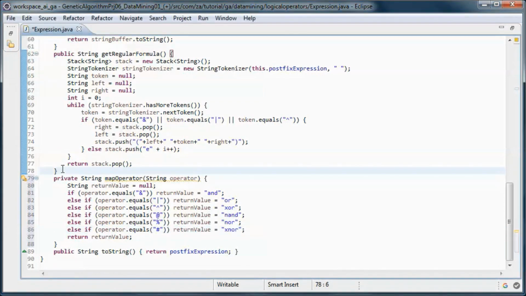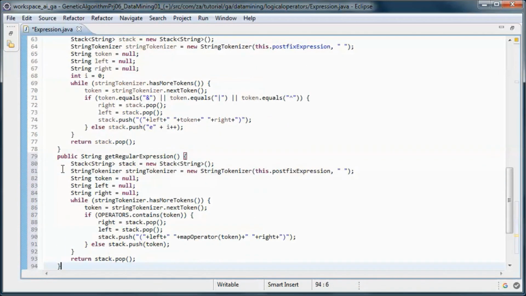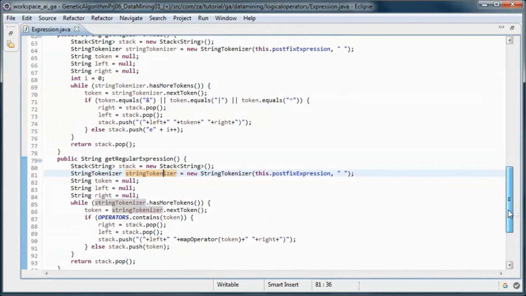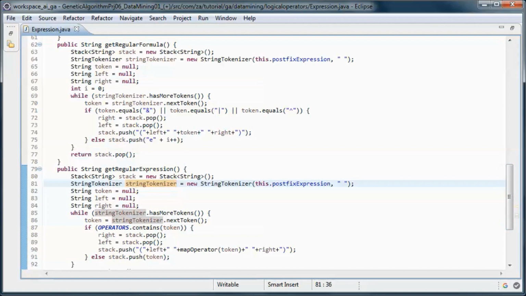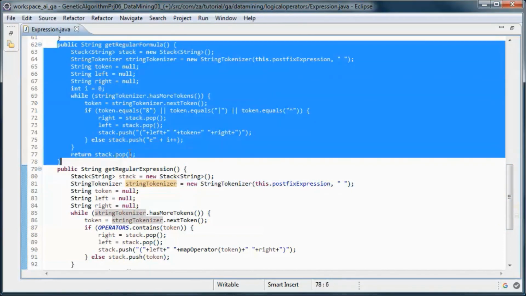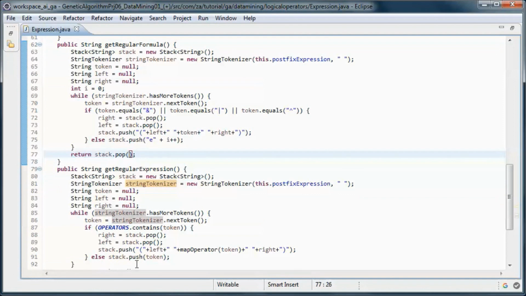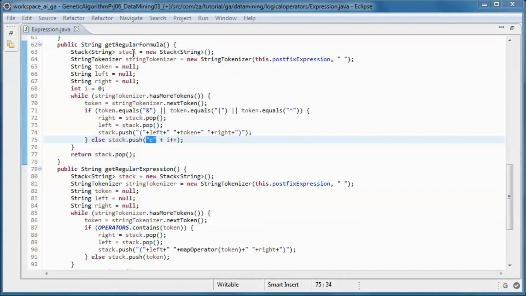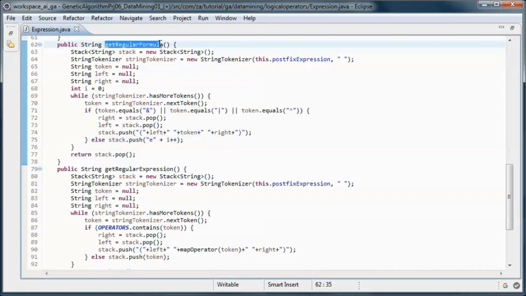And we need this method that is the same as this one, except here we are pushing zeros or ones instead of events to represent a formula.